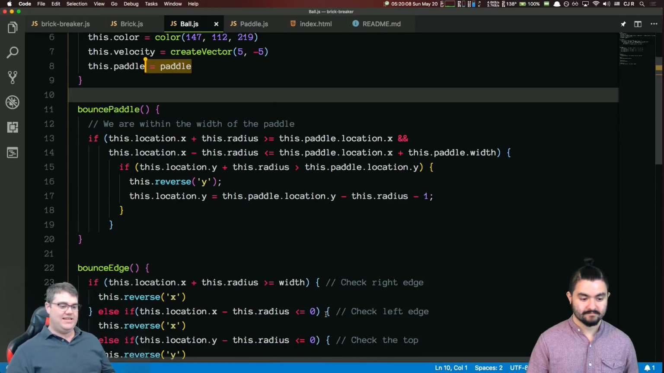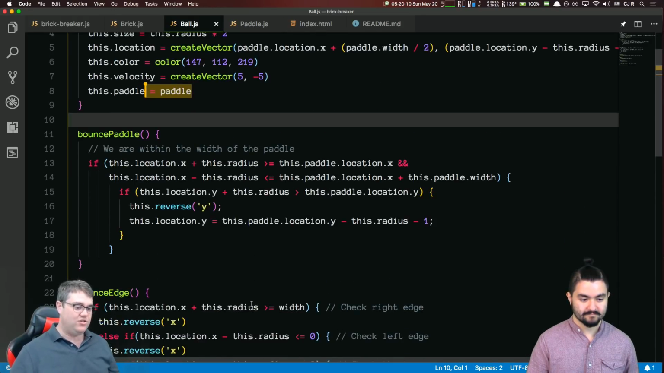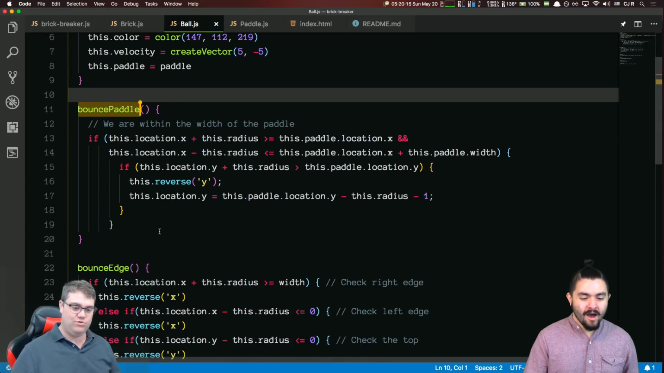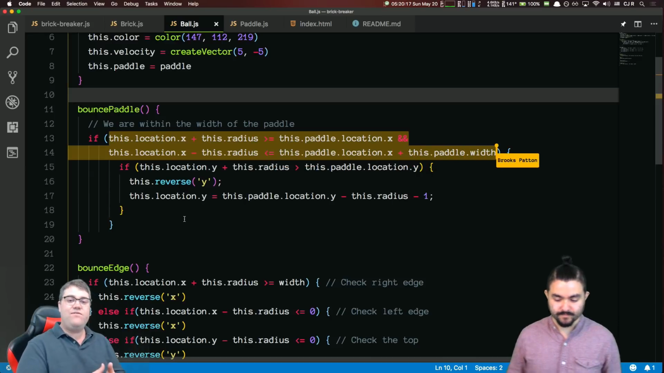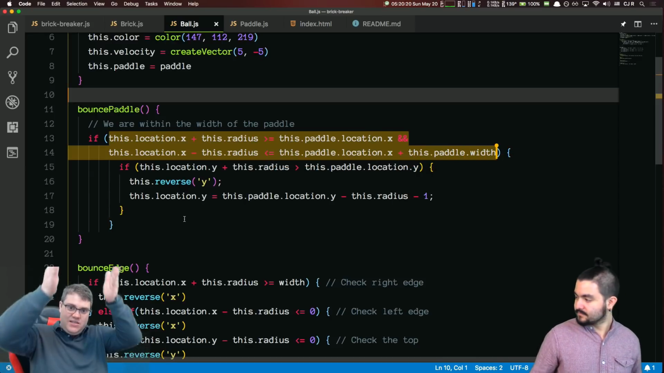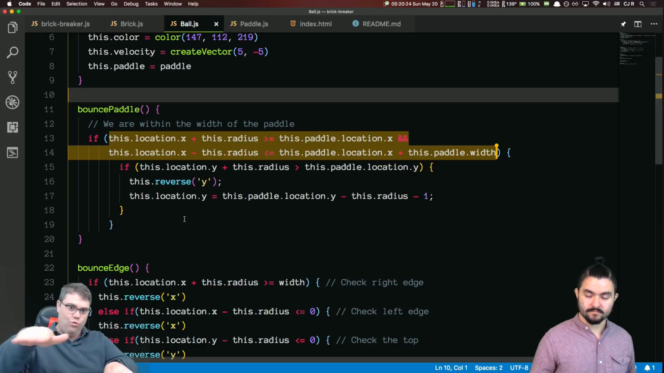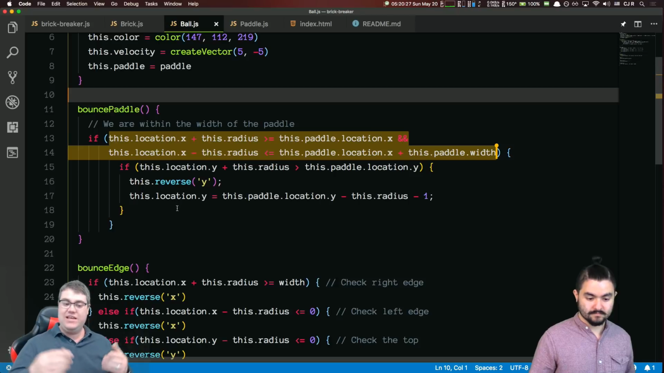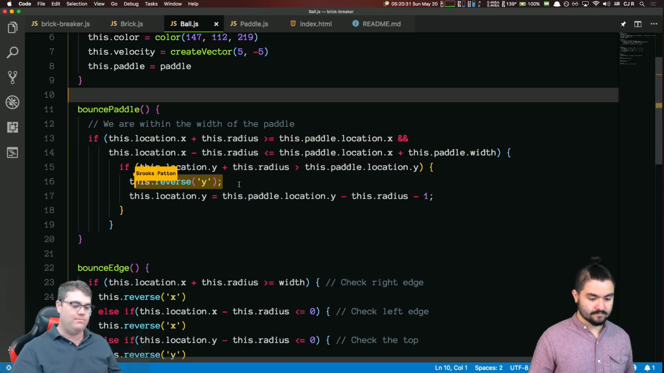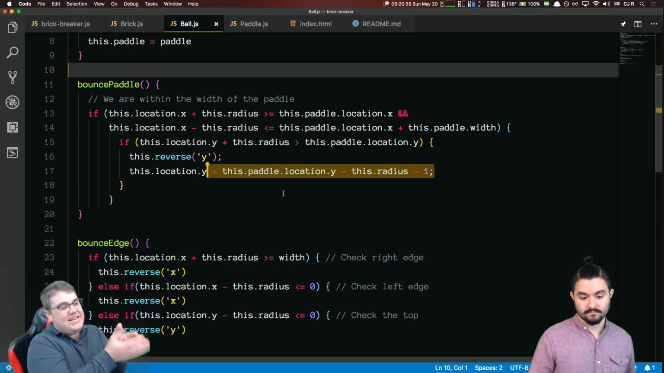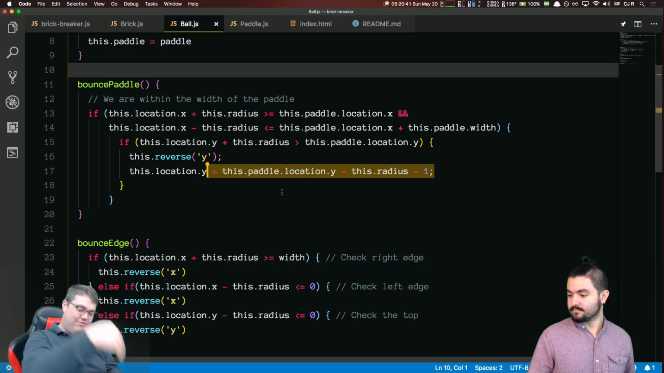Now we have all these methods on here, like bounce off the paddle. So are we within the width of the paddle? This is that bounding box rule where we're saying, if we're in the band of x, so left and right, and also in that y height of the paddle, then reverse the y of the ball, and also reset the ball to be just 1 pixel higher than the paddle, so it doesn't immediately hit again,